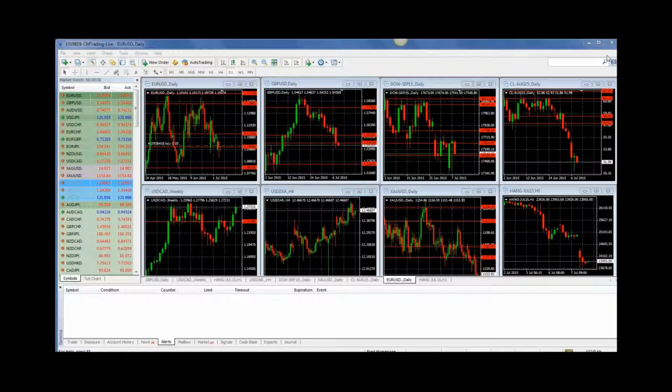So looking at the economic calendar today, a few things coming up at 10:30 this morning. GBP trade balance, that's at 1:30 South African time this afternoon. GBP trade balance coming out. And then later in the day, we have two numbers coming out of the Canadian dollar and the US dollar. The Canadian dollar is